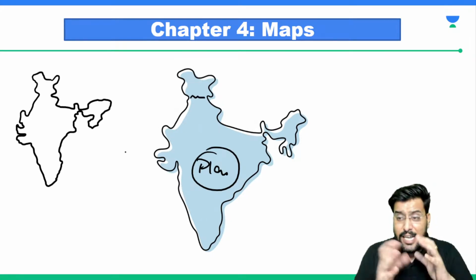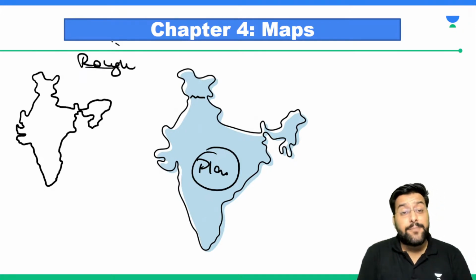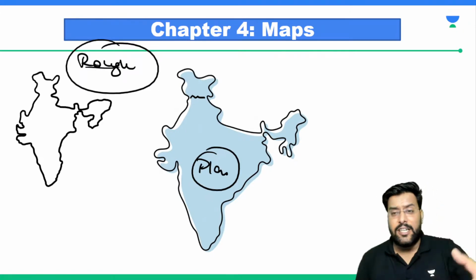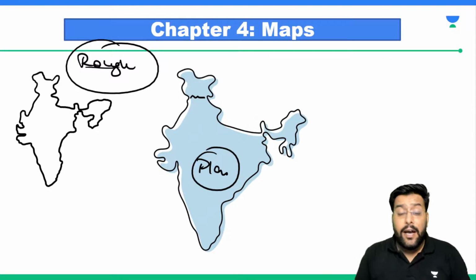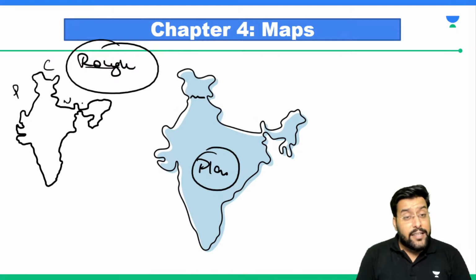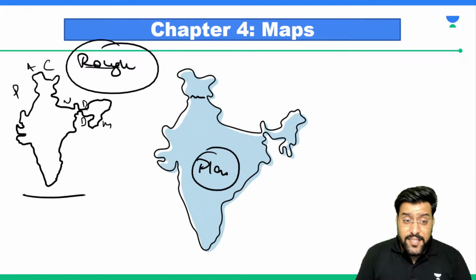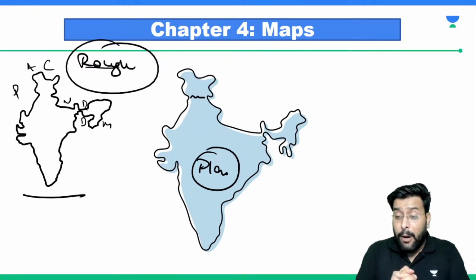But when I was telling you the map, a rough idea about India's boundaries, I have been drawing the map in all the classes you have seen. So I am trying to give you the rough idea of how the boundaries of India look, or if I am explaining you something related to India's border, I'll make this rough sketch. I'll tell you, here we have Pakistan, we have China, we have Nepal, then we have Bhutan, Bangladesh, Myanmar, Afghanistan somewhere here. So this diagram is to give you a rough idea about certain things.